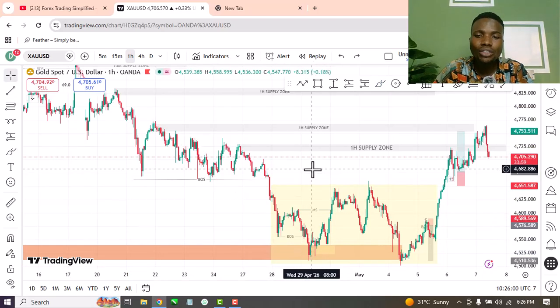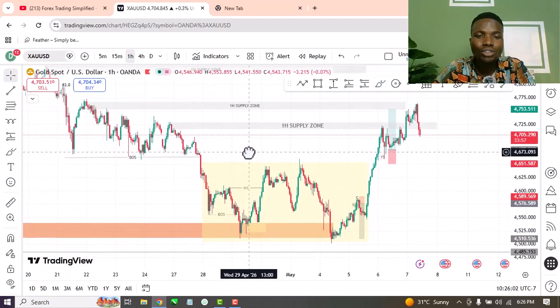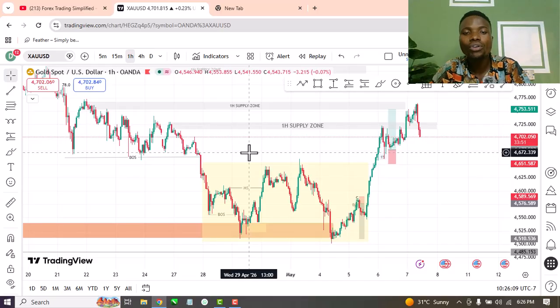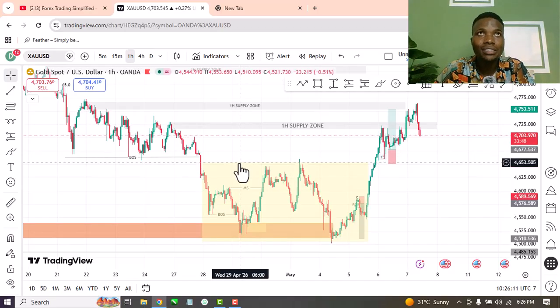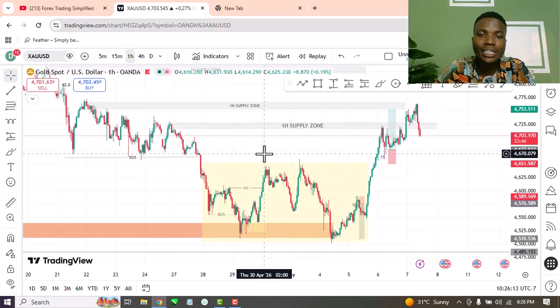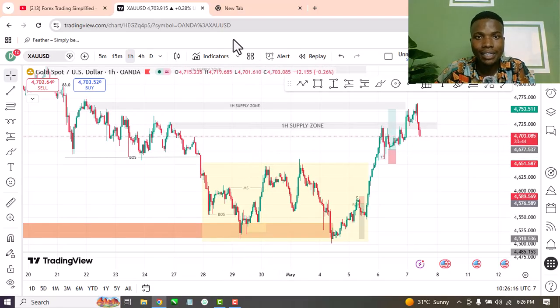So what is going to confirm that price is going to shift from selling to buying? That is the question that I want to ask myself. So what is going to confirm to me that price is going to change to buying from selling is that,